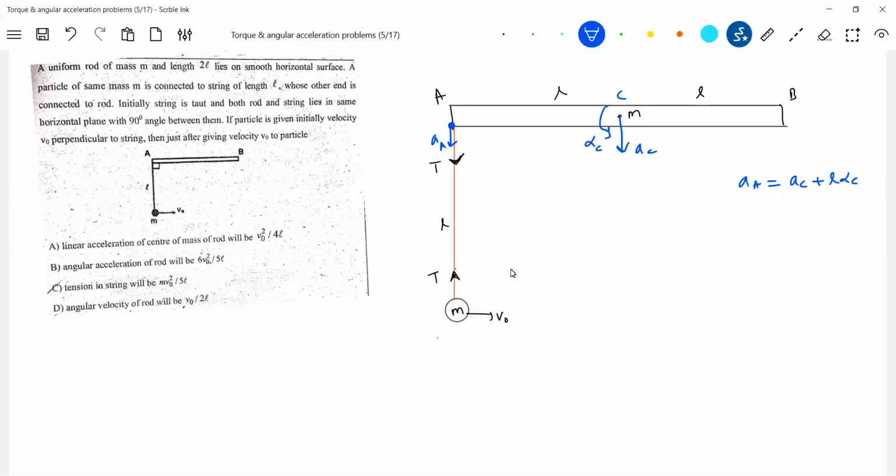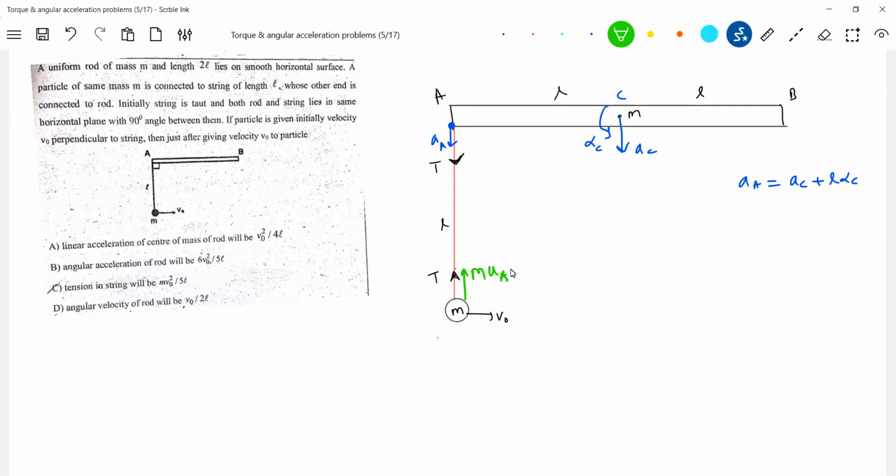So now we are describing some sort of motion of this particle about point A. It will be better here. Therefore, I'll apply pseudo force. In what direction should it be? In this direction. Why should I take pseudo force upward? Because the acceleration of point A is towards the particle, no? So the pseudo force will act here. Now I think you can write all the possible equations.